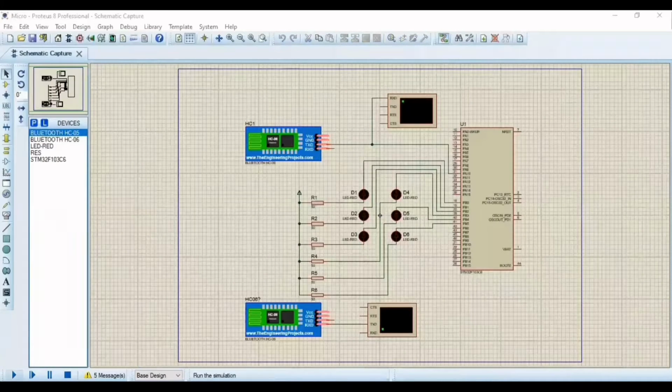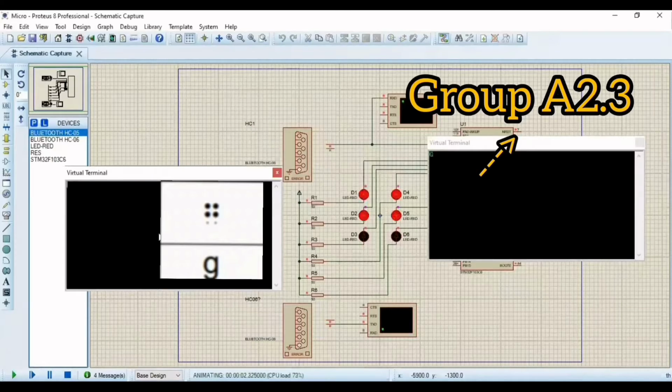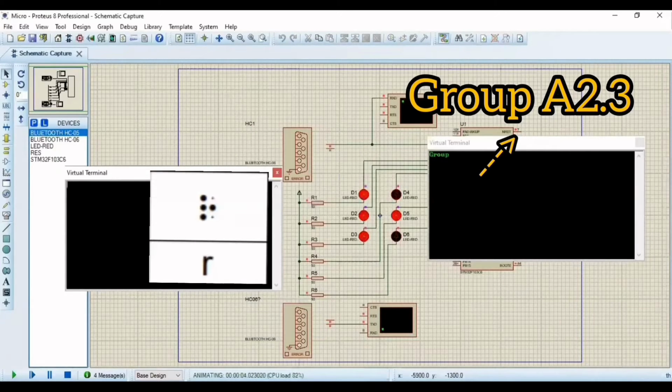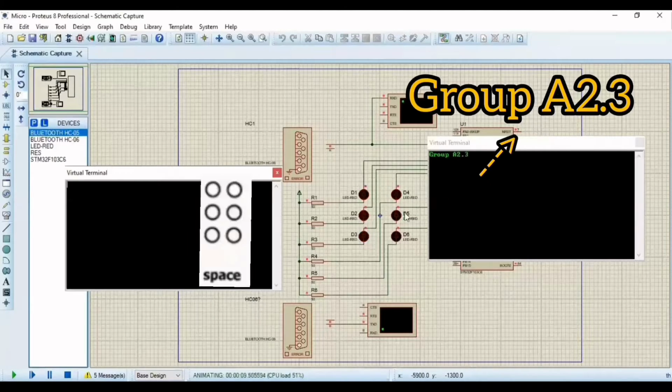Now I will show you how it will work. I'm writing here some alphabets, and it will light up the specific combination of LEDs for each specific Braille alphabet. And with its own specific frequency, the Braille conversion process is real time.